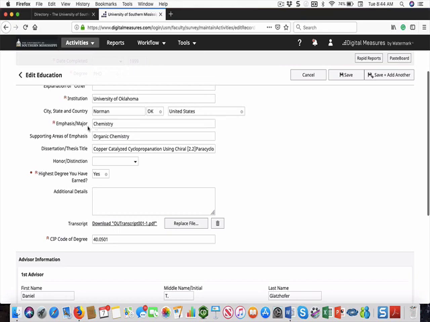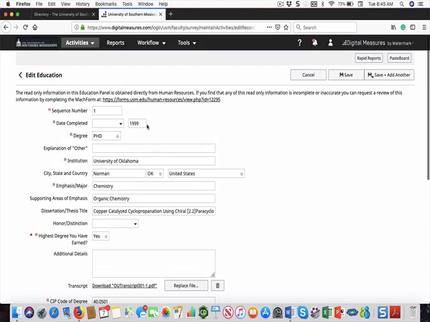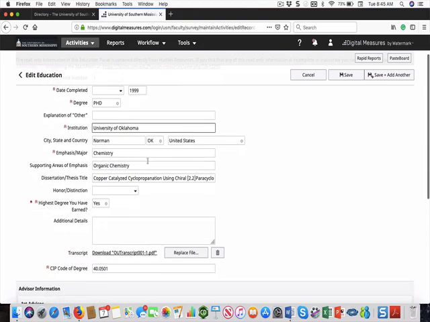The reason we're not having it do that is because this box right here is based on your zip code in HR. And sometimes the zip codes are not that descriptive, really. In my case, it's not bad, right? It's chemistry. So if you look at this zip code, that zip code is labeled as chemistry. But I really spent all my time studying organic chemistry, so I wrote organic chemistry here. And so it's populating this, and then the degree, and then the year, and obviously the institution from this